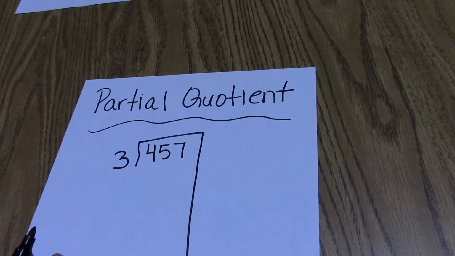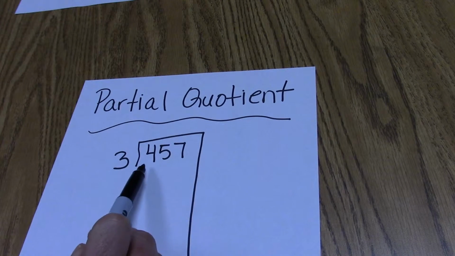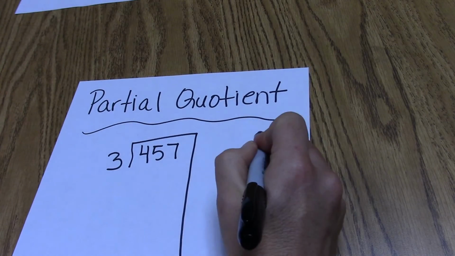Before, I have learned the algorithm for long division, which requires me to have a lot of basic facts memorized. So with this 3-digit dividend, we're going to be using repeated subtraction just as we did in the previous problem, but I like to encourage my students to think of friendly numbers that we know, and this really increases number sense as well. So I don't know how many groups of 3 are in 457, but I do know that